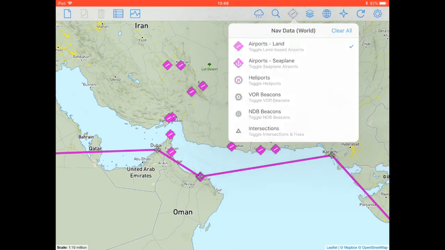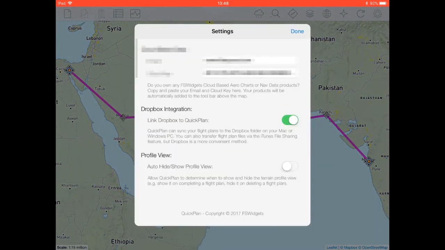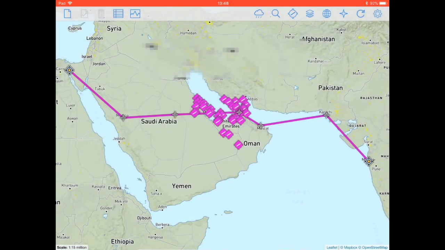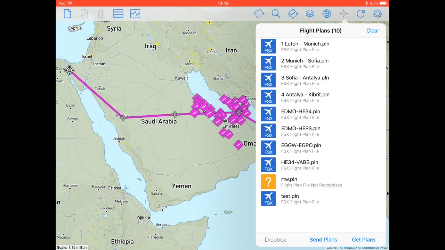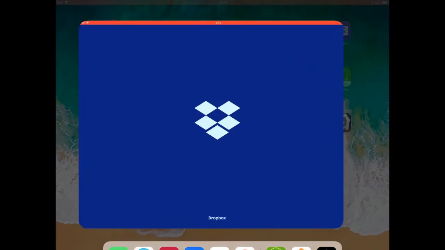Now the other thing we can do with that flight plan is we can set this up with Dropbox, which I have done, link Dropbox to Quickplan, and we can send, if we go back to the flight plan screen, these are all the flight plans that are stored locally. If I click send plans, after a brief flicker there, it's synchronized that to my Dropbox account. So the plan that we've just created, HE34VABB, if I flip over and get up Dropbox,